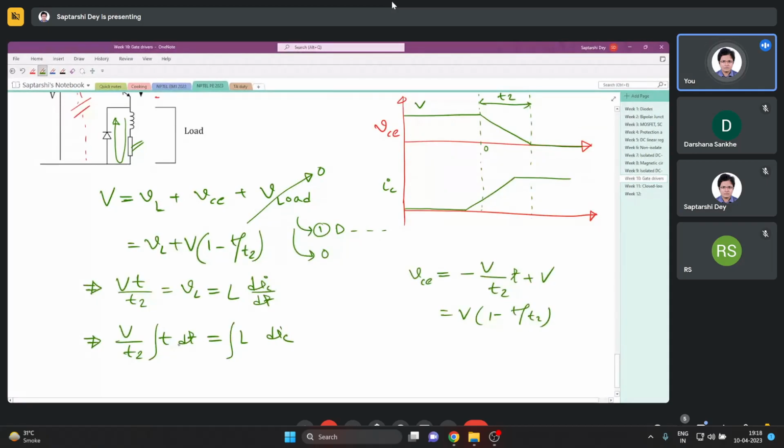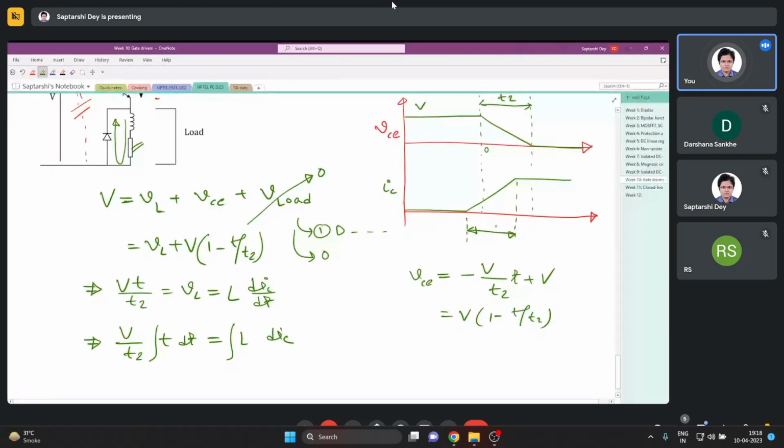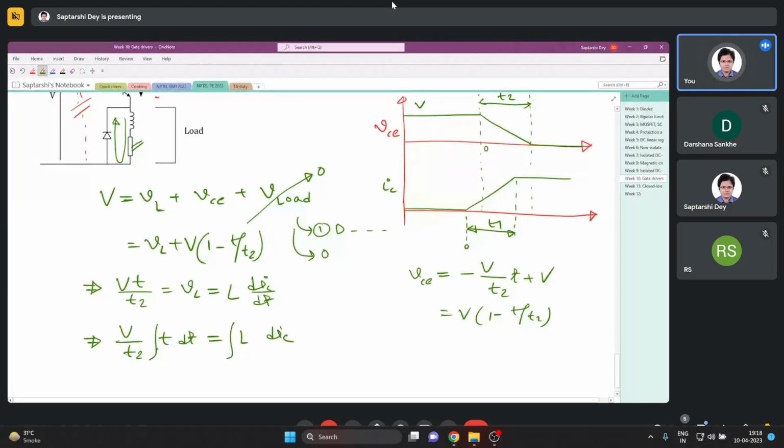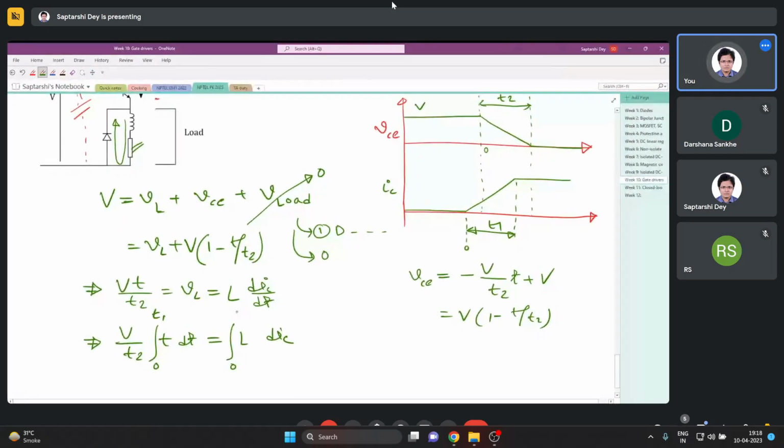If I integrate them, where do I need to integrate? See, this is a variation of IC, so we have to integrate from here to here. This whole duration is T1. Let's take the origin here for the integration. So if I say T varies from 0 to T1, then IC varies from 0 to full value I,